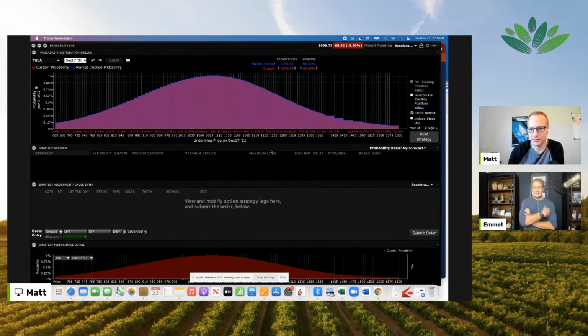Okay. So the options are pricing in about an 80% chance that Tesla is going to be below 1,250, or only a 20% chance that Tesla will go above 1,250 come December 17th. That's another thing to look at potentially. So you can look at this in various ways, but 3% chance of it being above $1,500 in like 2 or 3 weeks,